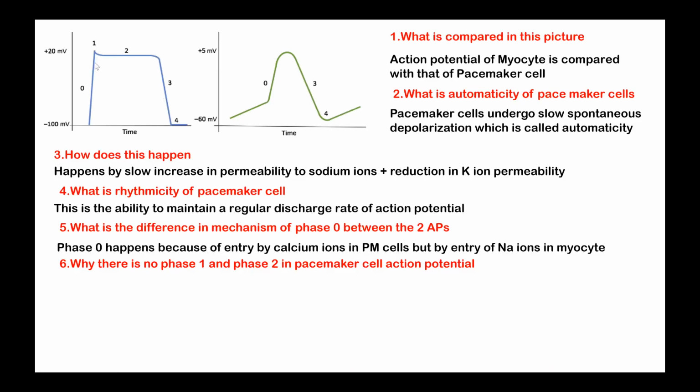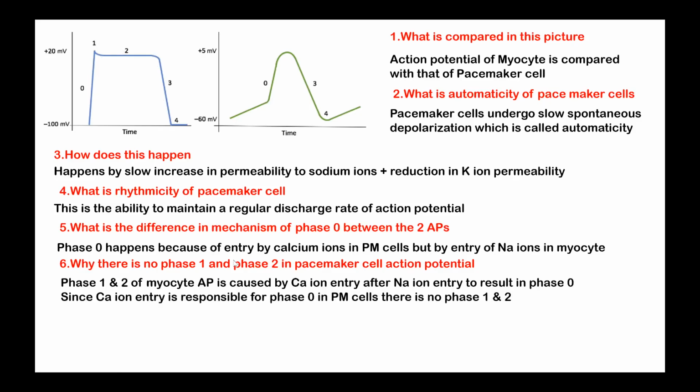Phase 1, the potassium exit occurs, sir. And phase 2, calcium entry against potassium. So that is not happening. Okay. So phase 1 and 2 of myocyte is caused by calcium ion entry after sodium entry resulting in phase 0. And since calcium ion entry is responsible for phase 0 in pacemaker, there is no phase 1